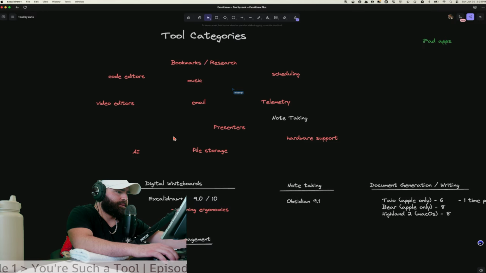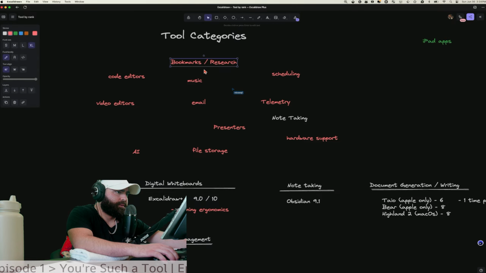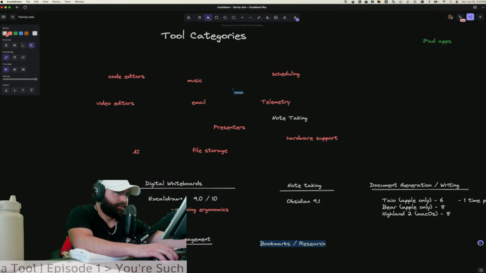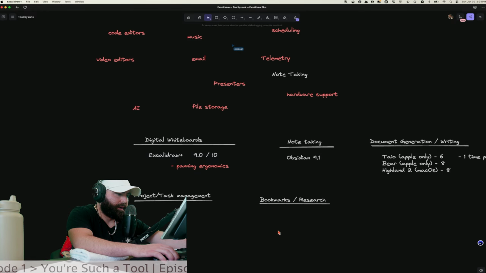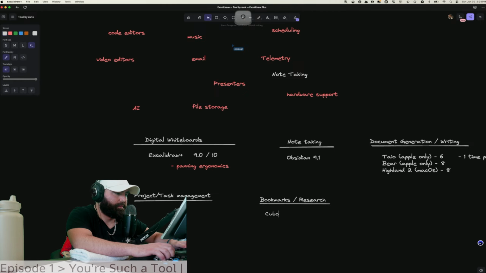So now there's bookmarking and research. So this is the one that I think can both alleviate a lot of issues, but also it's just a pain in the ass to move around and switch between them. So there's Qbox and Raindrop. And I'm just going to say almost immediately, Raindrop and Obsidian, Excalidraw, I kind of put them in the same class because the free tier is so good and they're really good at what they do.